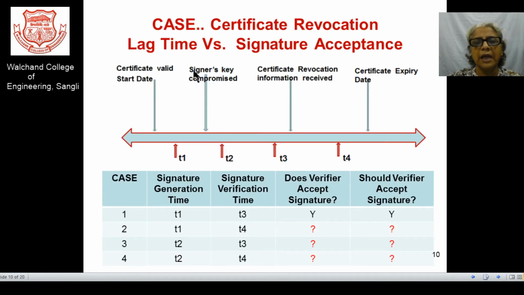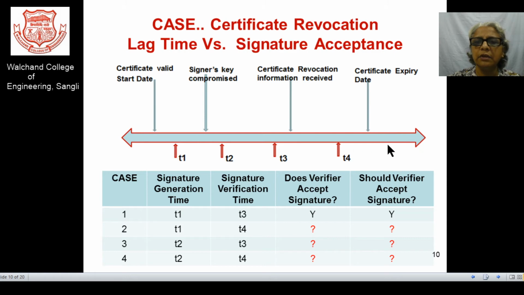So whenever I said that there is a certain time lag between the request and the change that can be carried out in the certificate revocation list, I have prepared one case study. Whatever data I am referring to so far, I have taken support from material available over the internet, and such material has given me some thought process over which I can give you some convincing material, and I want to share it with you.